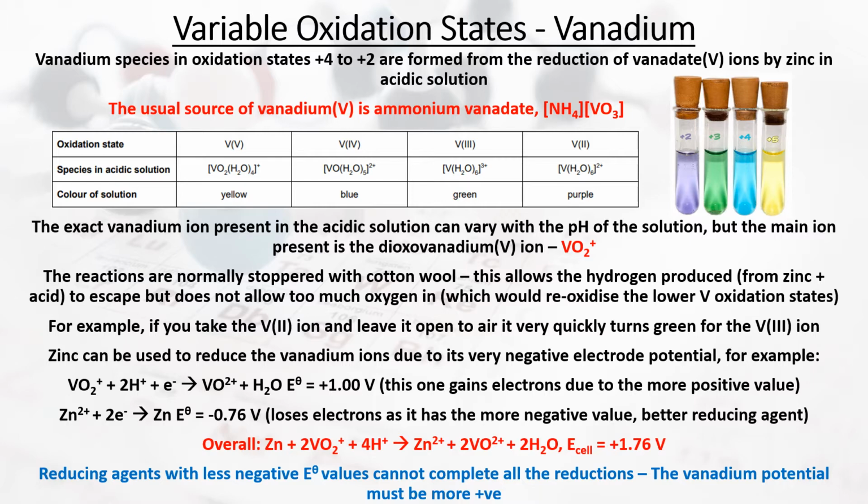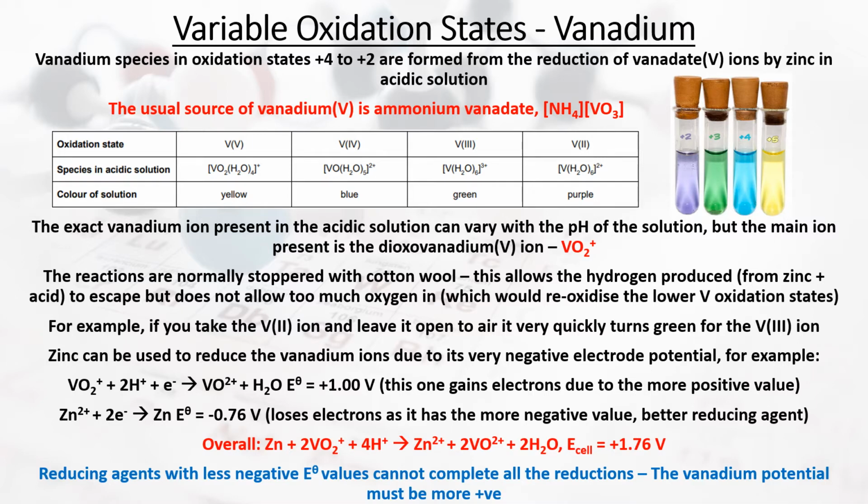Now, this allows the hydrogen that's produced to escape. The hydrogen gets produced from the reaction between the zinc and the acid. That normally ends up producing some sort of hydrated zinc salt and hydrogen gas. The cotton wool allows this hydrogen gas to escape. If we just stoppered it with a normal full-on stopper, you'd have a build-up of pressure, and that would be dangerous. So we use the cotton wool that allows this hydrogen gas to escape, but it doesn't allow